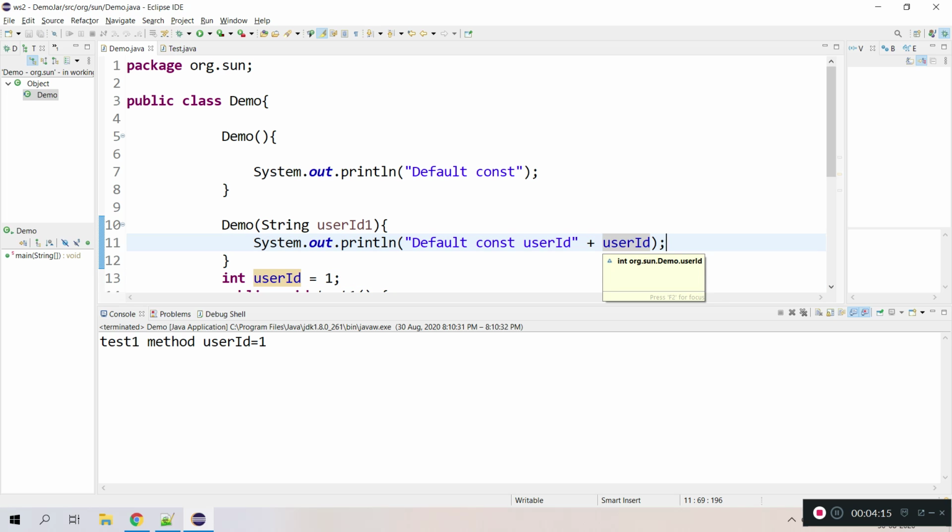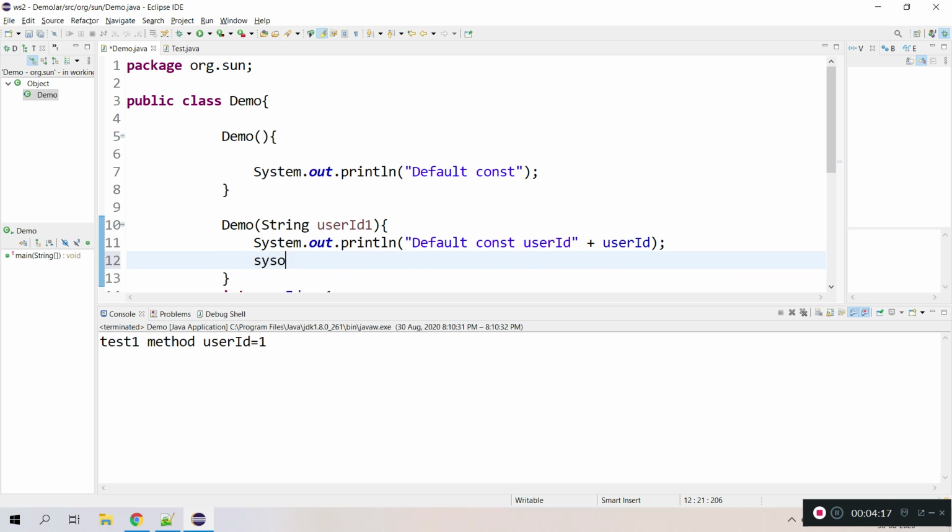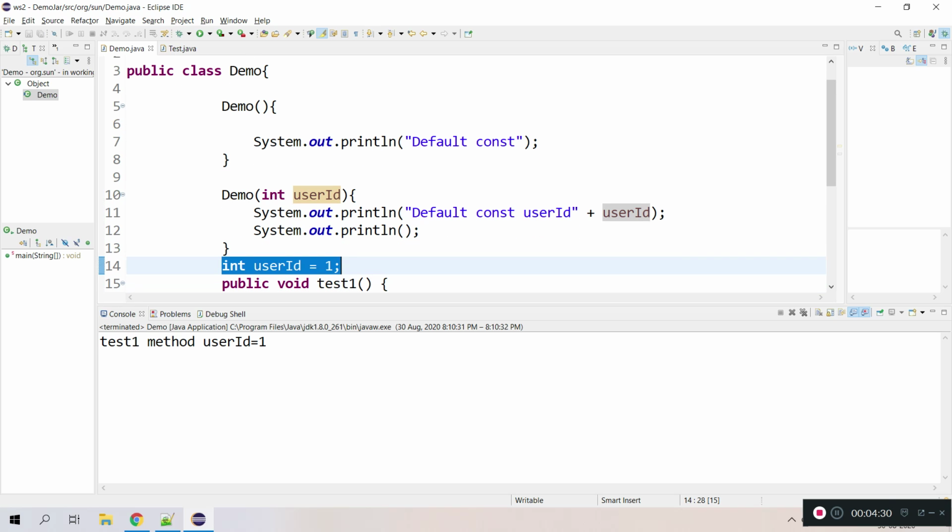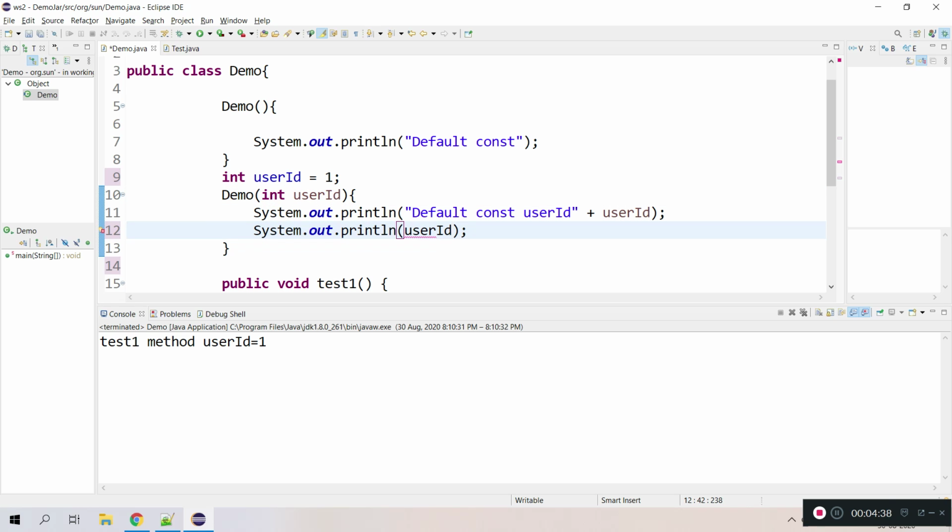Let's say in the same context, I want to call the local variable and the instance variable of the same type. This userId is of int, and the instance variable is also of type int, and I want to invoke both. Let's say I'm calling something like userId. Which one is getting invoked, and in which place?